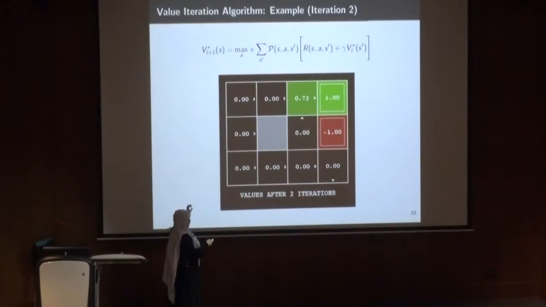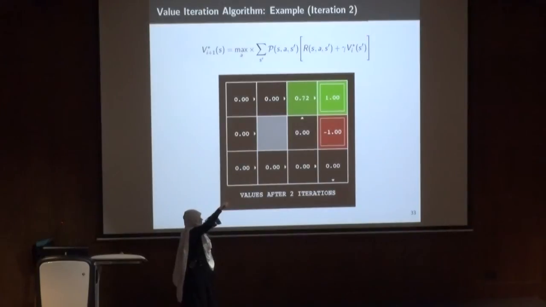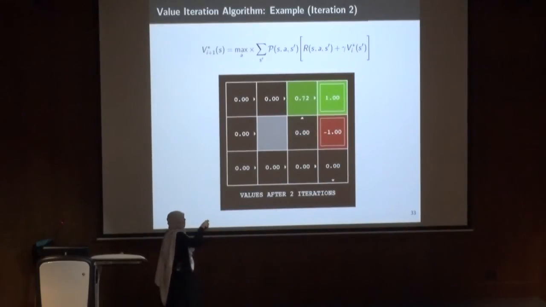For the second iteration, definitely I will have the value of these states still at 0. The only state that will be updated is the 0.72. It will be the probability of ending up in state 1, which is 0.8, times the discount, and I have 1, times the value of state 1, which is 1. This is for action 1. For action 2, going down, it would be 0. For the action going to the left, it would be 0. So the maximum of all these values is 0.72. It will be 0.72. Now, who can tell, is this clear?